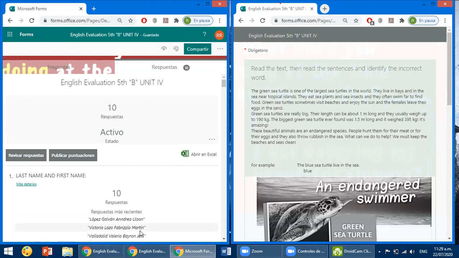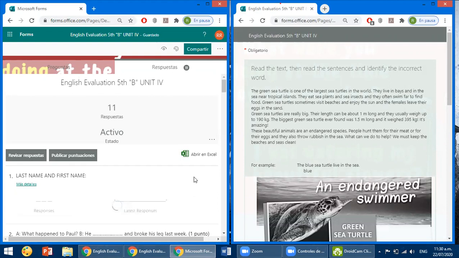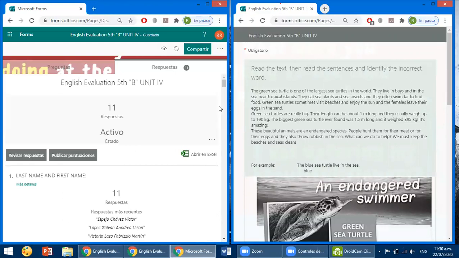Profesor, una pregunta, ¿cuánto falta para que termine el examen? 1 minute. 1 minuto para que termine la clase. Si necesitas más tiempo, tal vez podrías coger 5 minutos más, pero te recuerdo que tienes clases después. Así que no puedes quedarte mucho tiempo haciendo tu evaluación, por favor. ¿Ya?